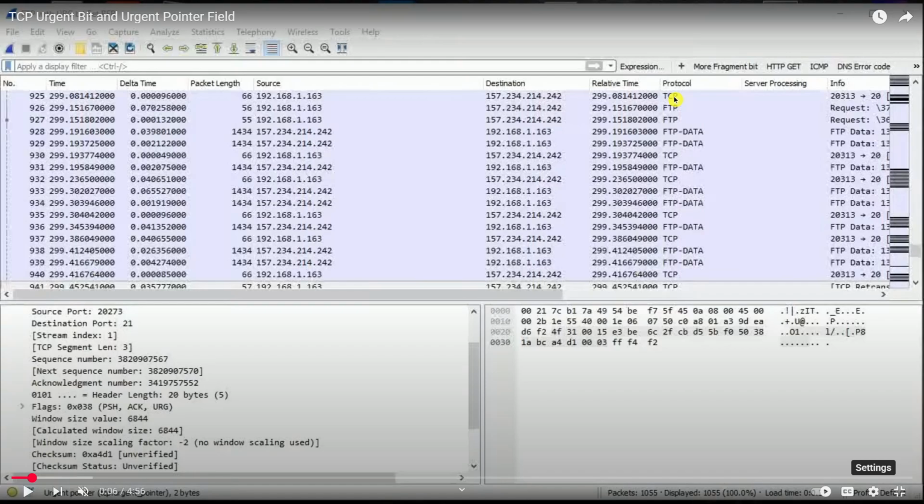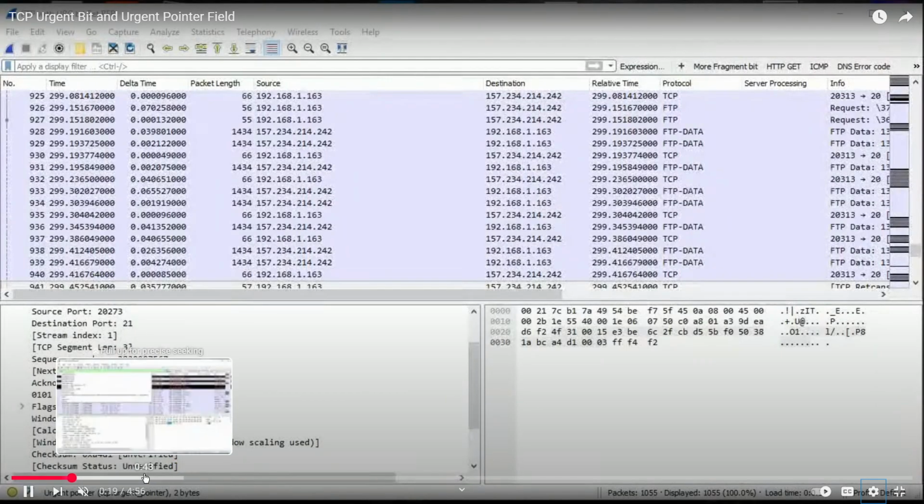FTP server. If it is TCP, it will show you TCP, but if it is FTP, it will show you FTP here. See, when you're copying data from an FTP server, the data is very urgent, right? It should be sent to the application. So at that time you will see the urgent flag. Okay, let's see here.